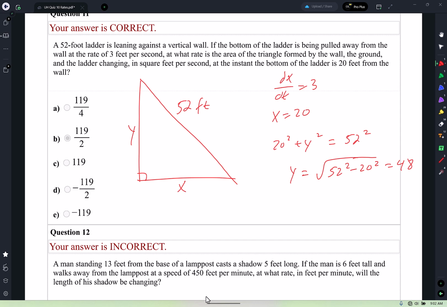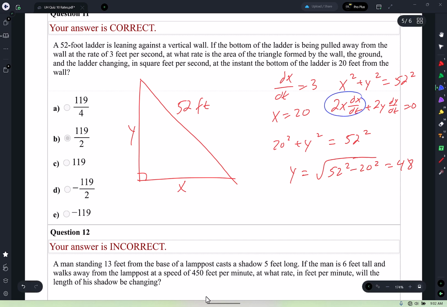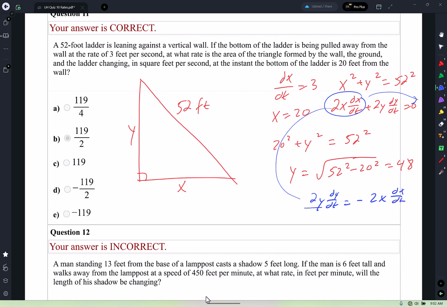What do we have to do? We need to know dy/dt. We have dx/dt, but we don't know dy/dt. So how are we going to get it? Like this. X squared plus Y squared equals 52 squared. 2x dx/dt plus 2y dy/dt equals 0. And I'm going to move this to the right. So 2y dy/dt equals negative 2x dx/dt. Divide by 2y, divide by 2y. So dy/dt equals,